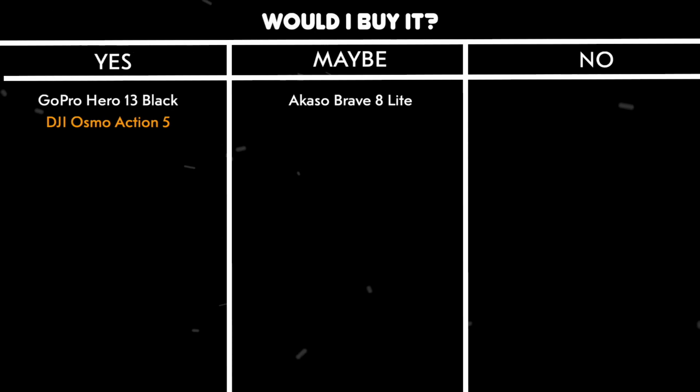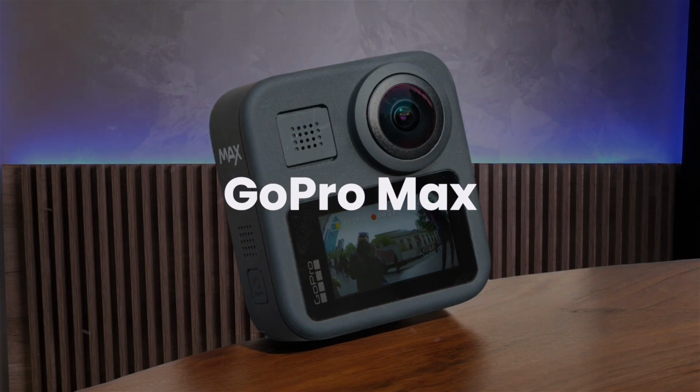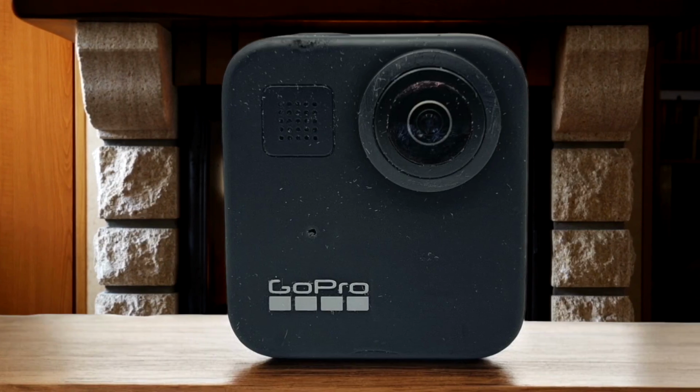Would I buy it? Yes. The DJI Osmo Action 5's advanced features and impressive storage capacity make it a strong contender in the action camera market. GoPro Max. While the Max offers 360-degree video capabilities, its limited 2D shooting modes are a significant drawback compared